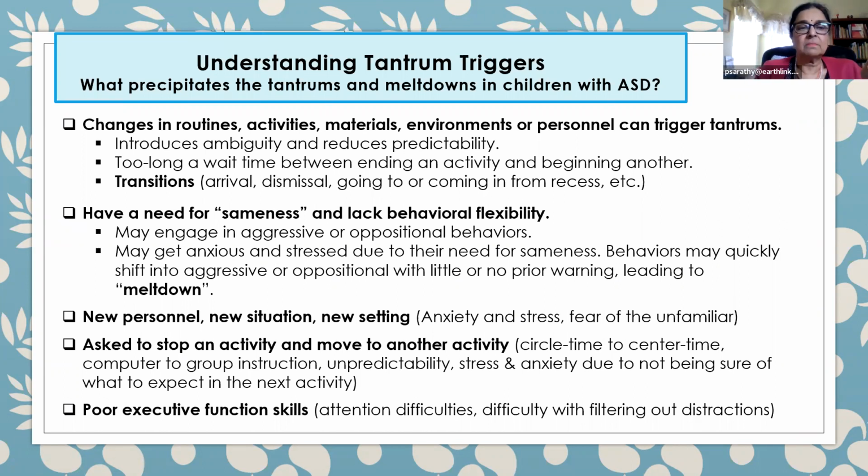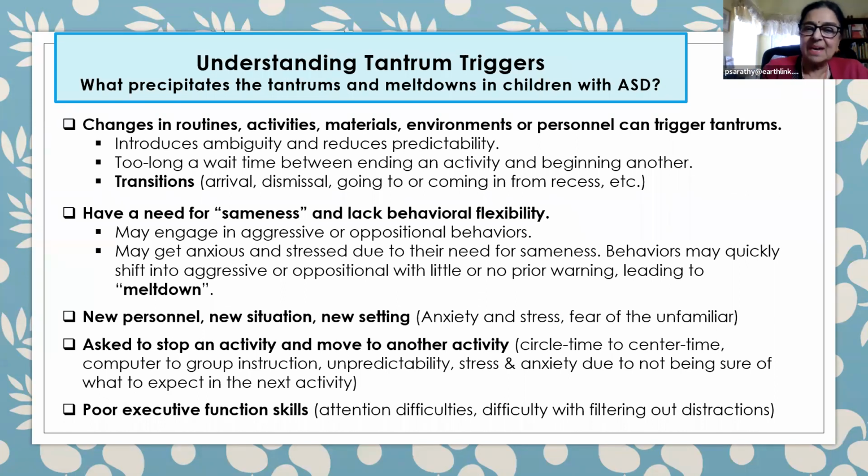As you all pointed out, changes in routines, activities, materials, environments, or personnel do trigger problems because they introduce ambiguity for the student with autism, and it reduces the predictability that the student is always expecting. Any wait time that's too long between two activities also triggers problems. And transitions, as you all pointed out, such as arrival, dismissal, going to or coming in from recess, cause problems because these students